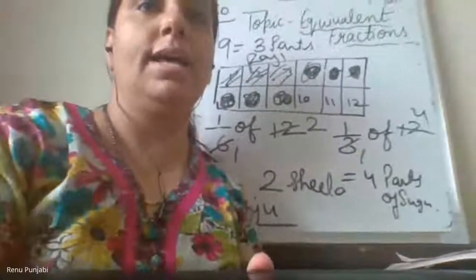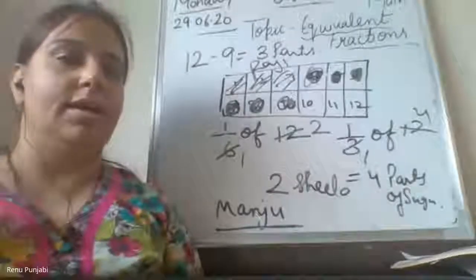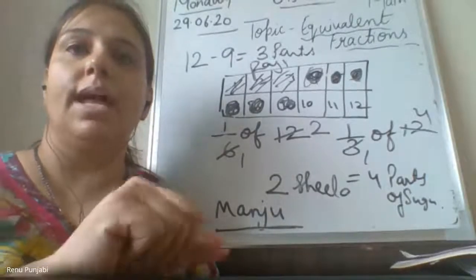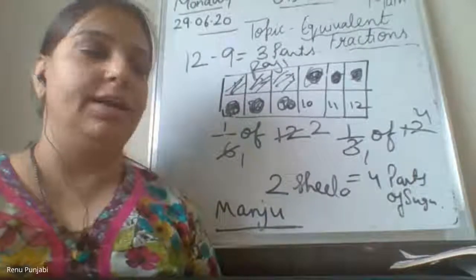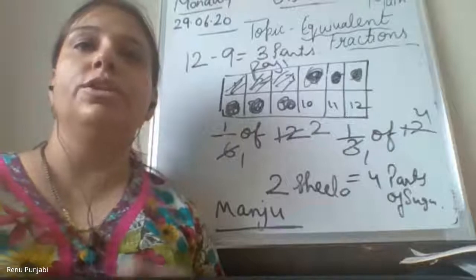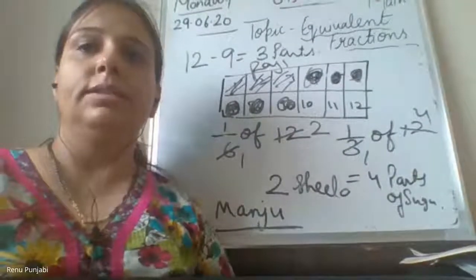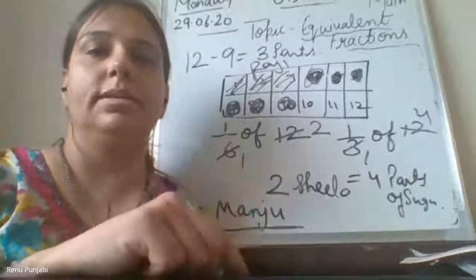Now, our today's class is done. It is clear. So our today's class is done with the equivalent fractions. We have done the textbook exercise also. I am going to send you the worksheet based on today's topic. Complete it. In case of any problems, ask me in tomorrow's class.